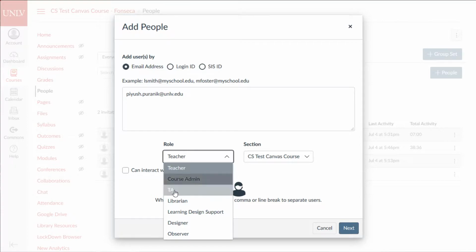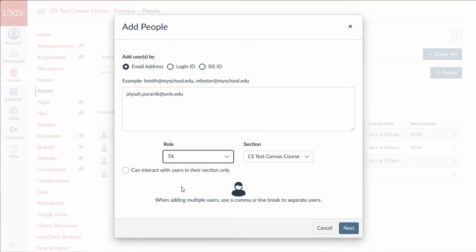And then you have a couple of different options. If you make them a teacher, they have the ability to add or remove practically anything in the course. You may or may not want that, depending on if you trust the TA to not accidentally delete your exams or things like that. If you would like to limit a little bit more what they can do, and what I highly recommend that you actually set them as, you can set them as a TA, and